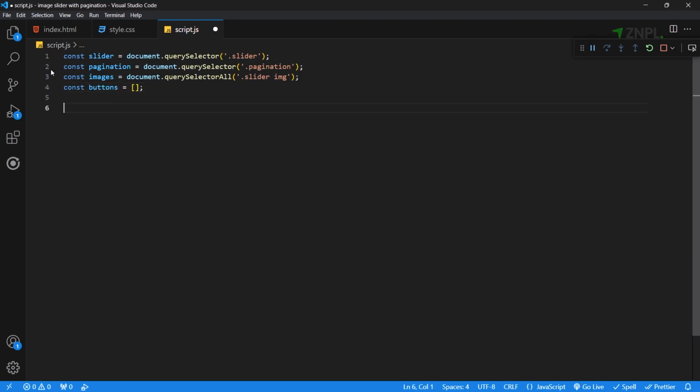The buttons array is created to store references to the pagination buttons. The updateSlider function adjusts the position of the slider by changing its transform property based on the current index.